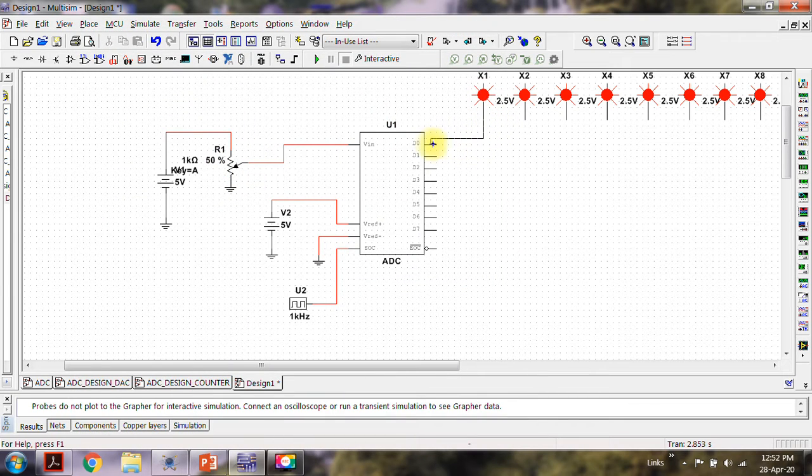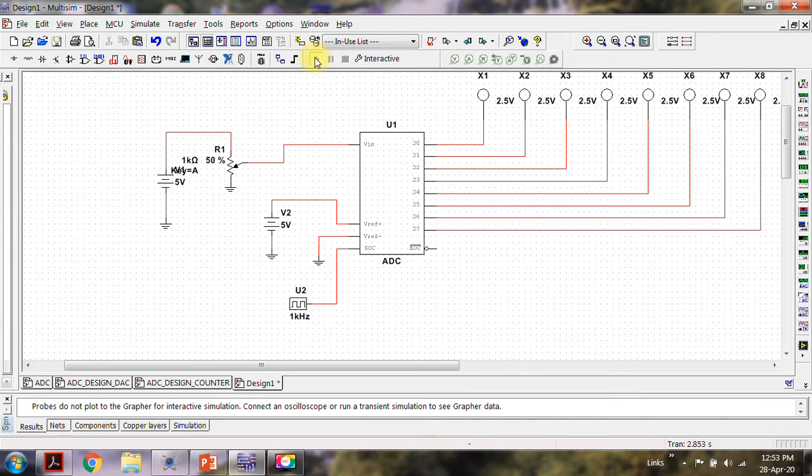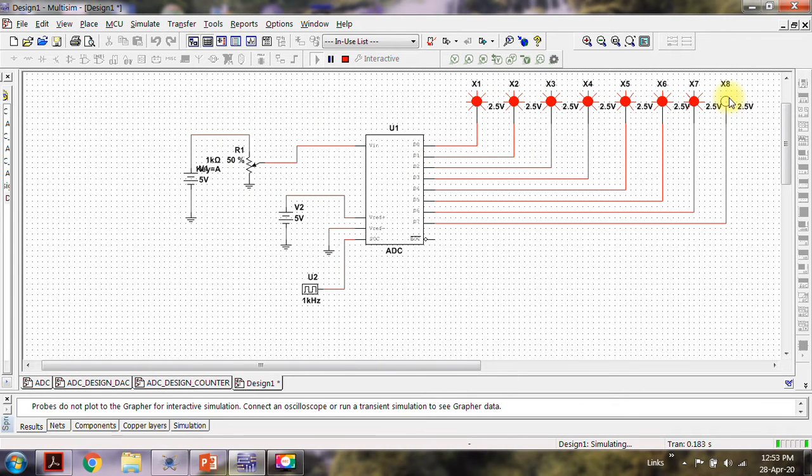And connect it like this. Alright, now let us see whether this works. So this is your MSB, this is your LSB.